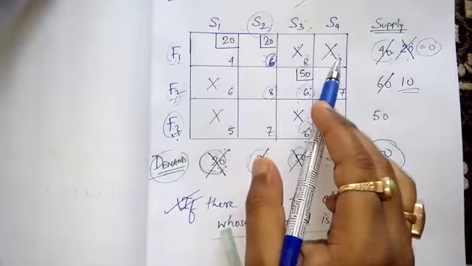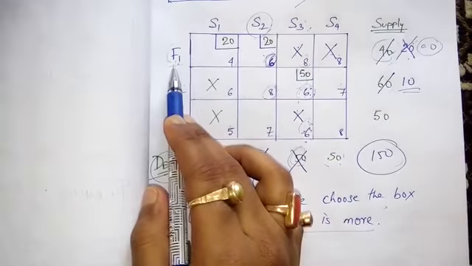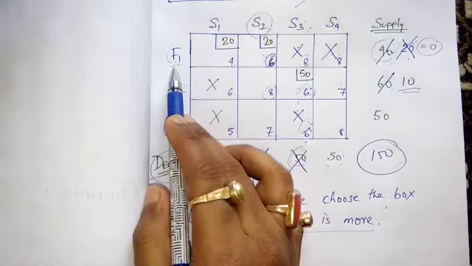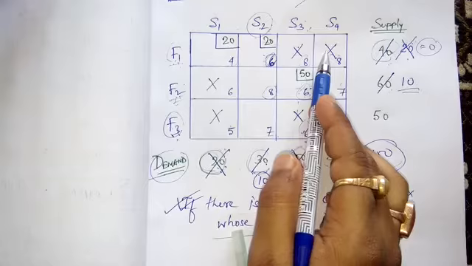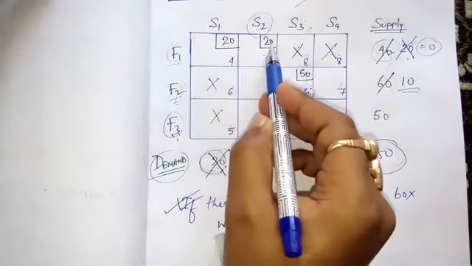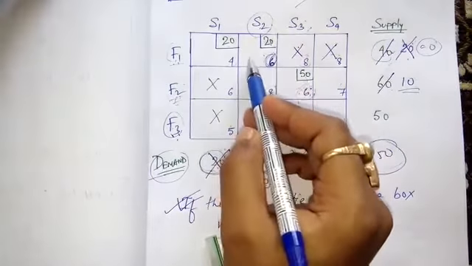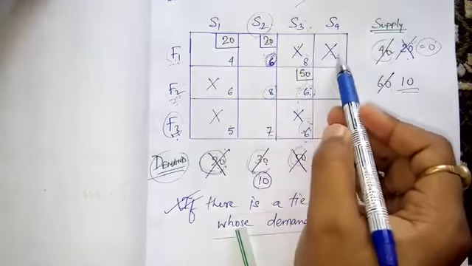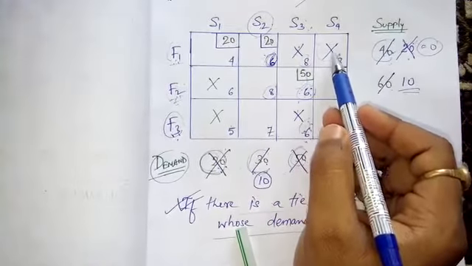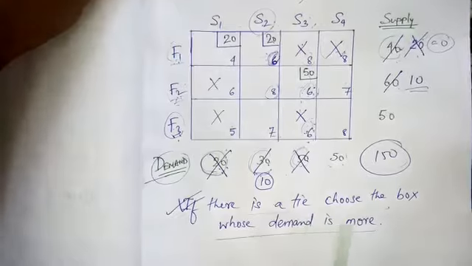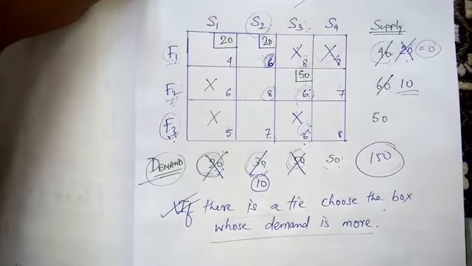Why does this box cancel out? Because what is the amount of goods that factory 1 can supply to store number 4? 0. Because 20, 20, 40. All the supply is over. Now it cannot supply any good to store number 4. Okay. Now next is that,